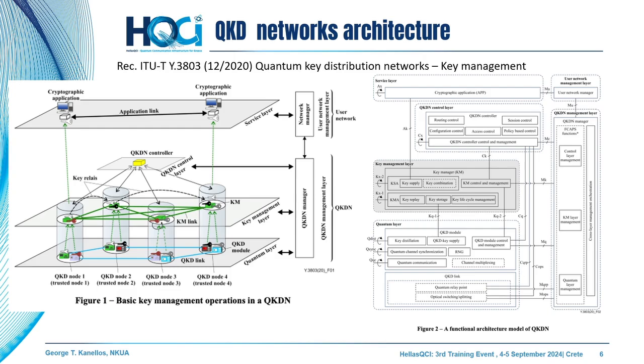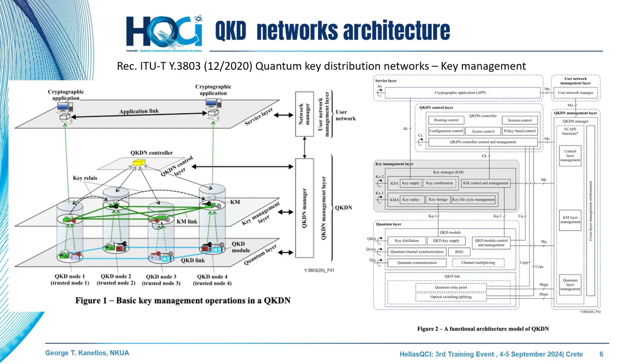And as you see, the fundamental principle is that you have a quantum layer where the physical appliances are taking place and physical exchange of qubits is taking place. The keys are pushed up into the key management layer that abstracts the keys and is able to buffer and store the keys and process the keys. And you need a QKD controller that controls this key management layer, and of course the application layer where these